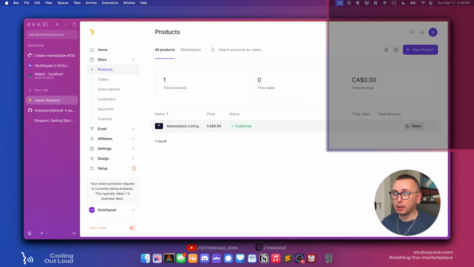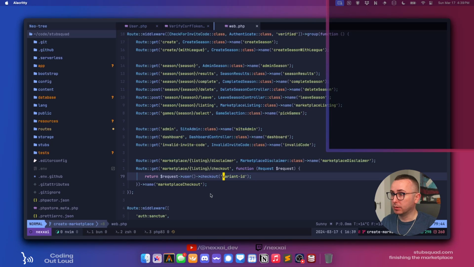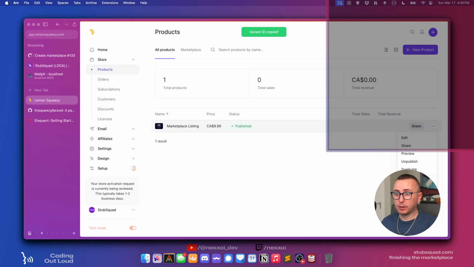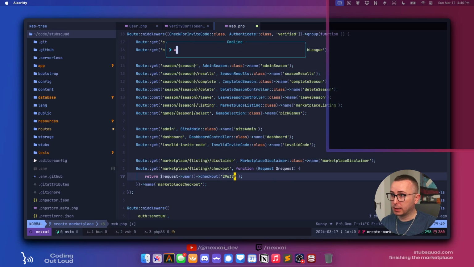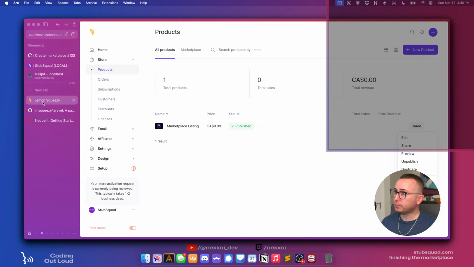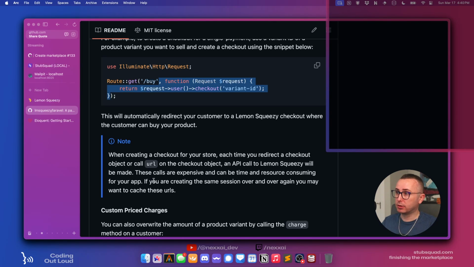No, okay. So copy variant ID. Okay, cool. Easy enough. Let's undo that. Copy variant ID. Okay, so that's the variant ID. Marketplace checkout. Yep. Okay, so we have our product that checks out.